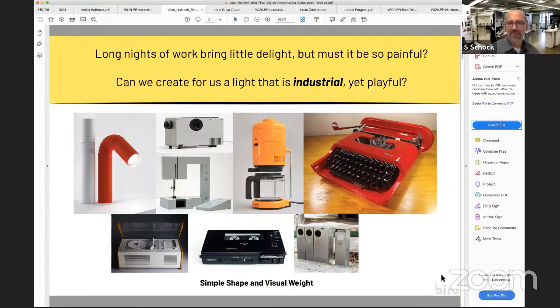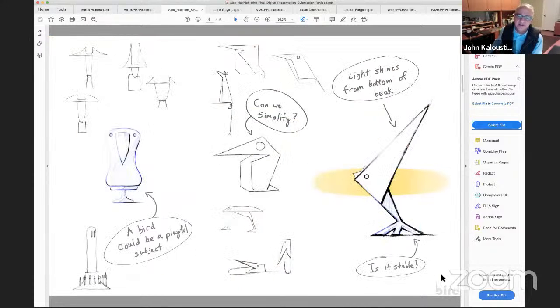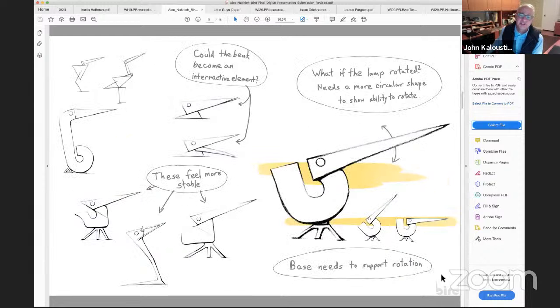Okay. So at any rate, you can see that they go in and look at and discover design, and what it is that they want to do. In this case, they were going to design a light and actually build a light too, which is pretty cool because normally you do a lot on paper and a computer, but in this case, you actually got to tangibly feel and touch and make it. So then through sketching,